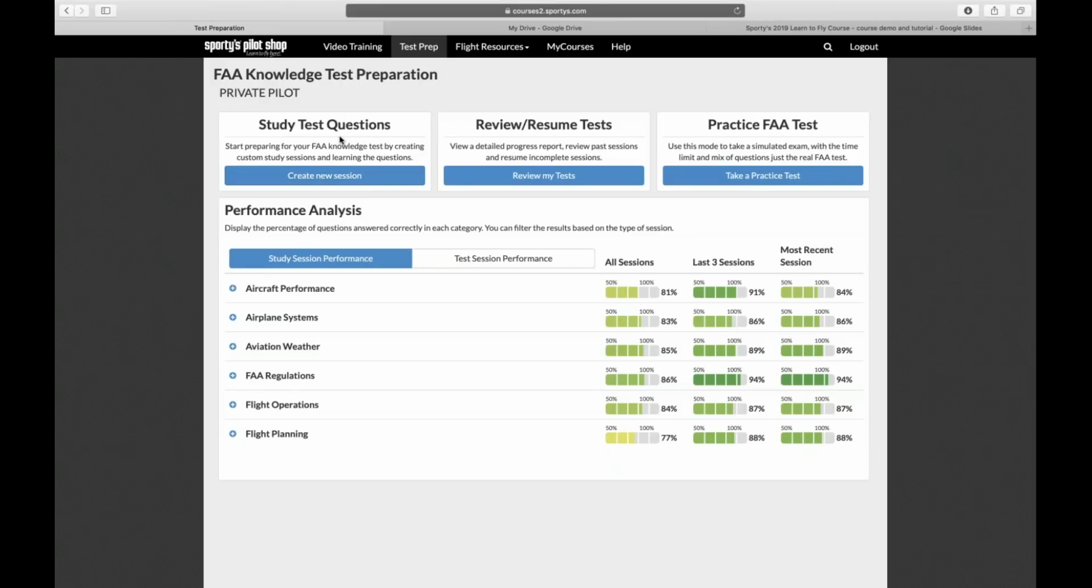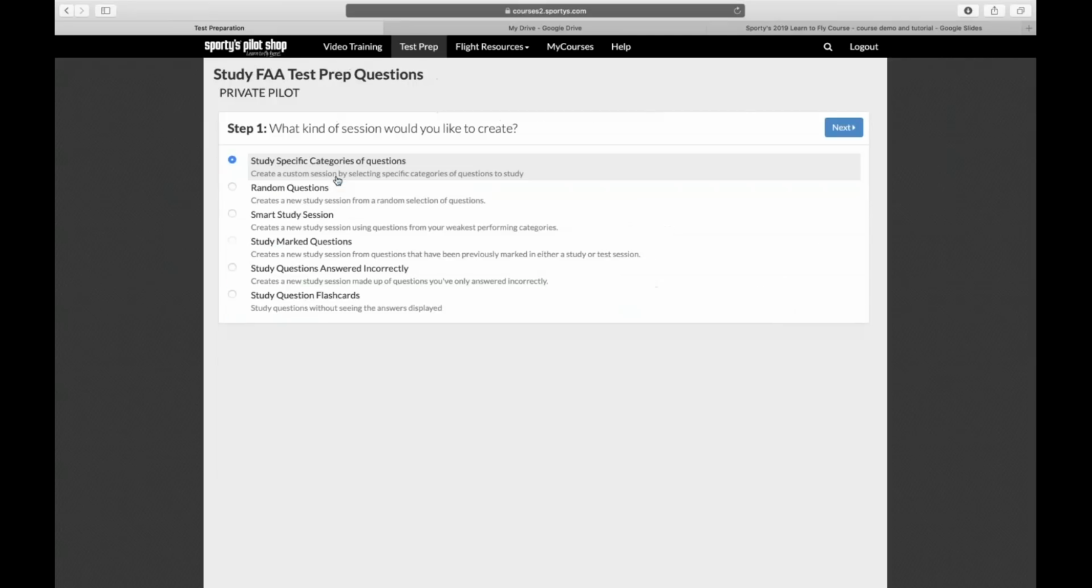So the place to start is the top left corner. It says study test questions. So we're going to do that for now to show some of these new features. And we added several new study options. So you can study categories of questions, which we'll go over here in just a minute. You can select random questions. So maybe you just want to study 20 random questions, just a quick study session to test out your